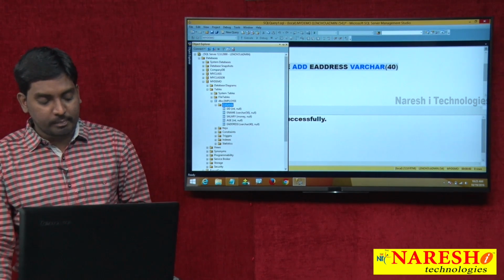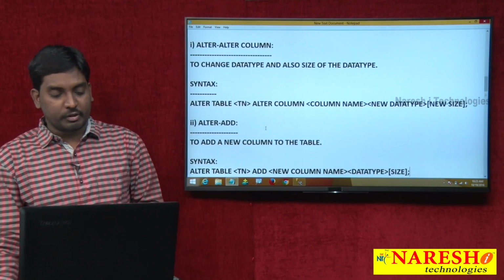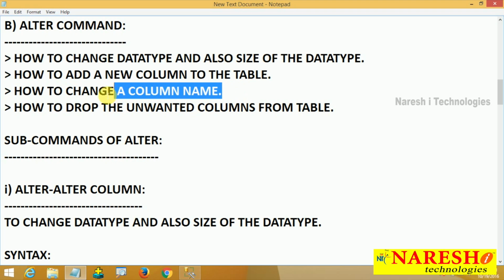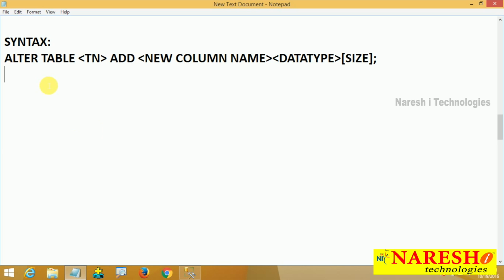In the same pattern, what is my third operation here? How to change a column name. For this purpose of changing a column name, we have another sub command of alter that we call sp_rename. Now I am going to take this sp_rename here, but remember this command is used for